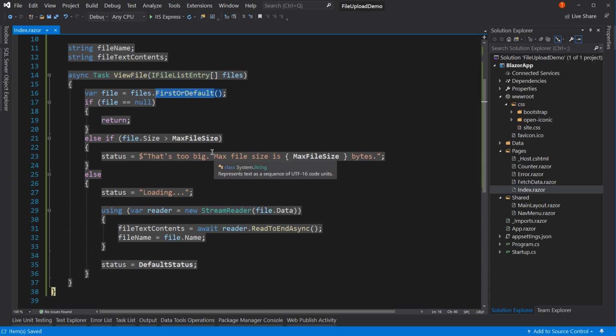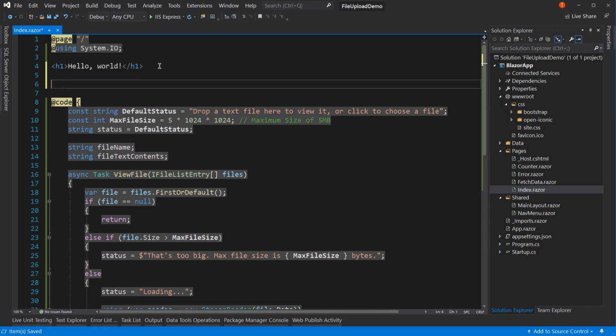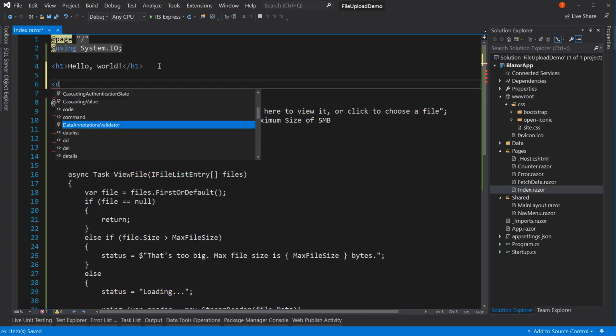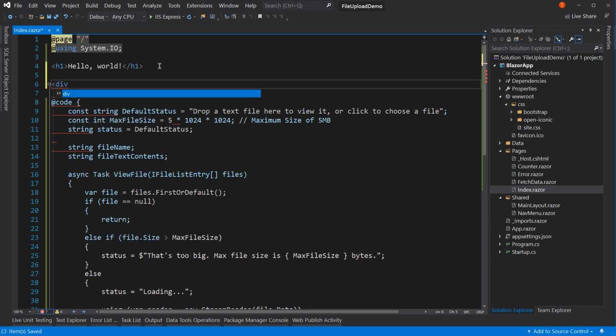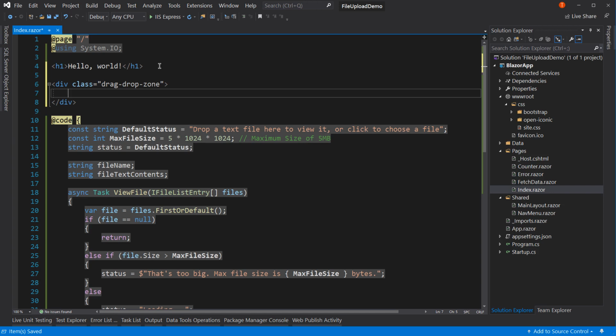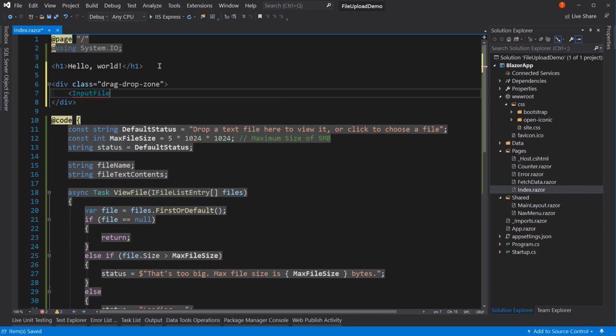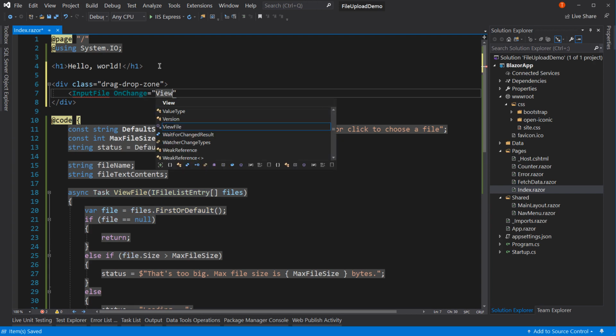All right. So up here, we do need to add a way to actually capture our file. So we're going to say div class equals drag drop zone. And then inside here, we're going to have our InputFile, which is a new type, comes from the NuGet package, InputFile, and then OnChange equals View